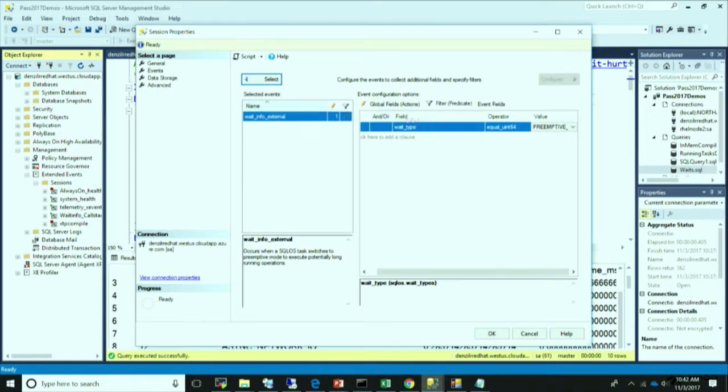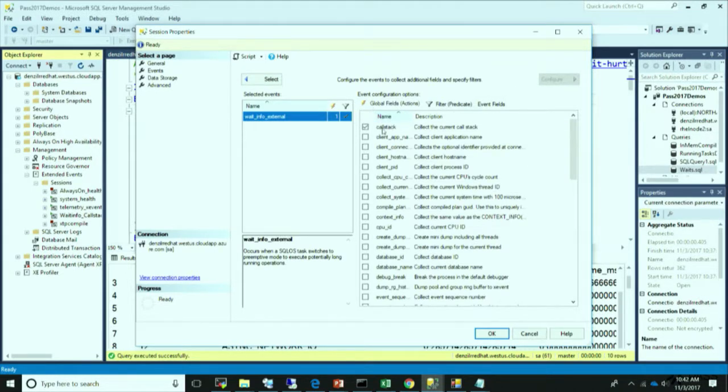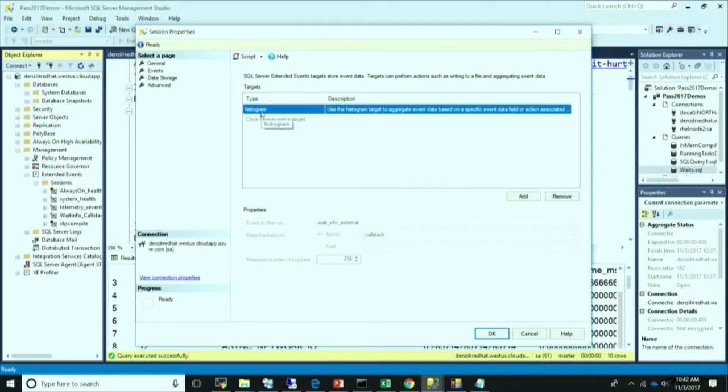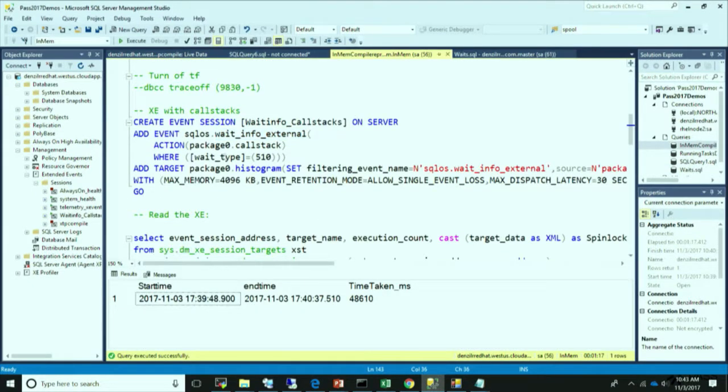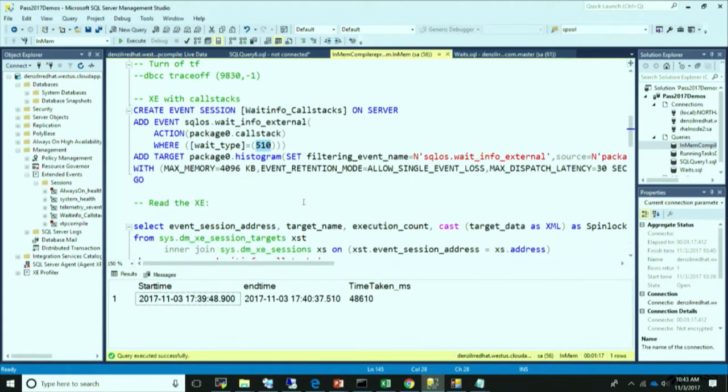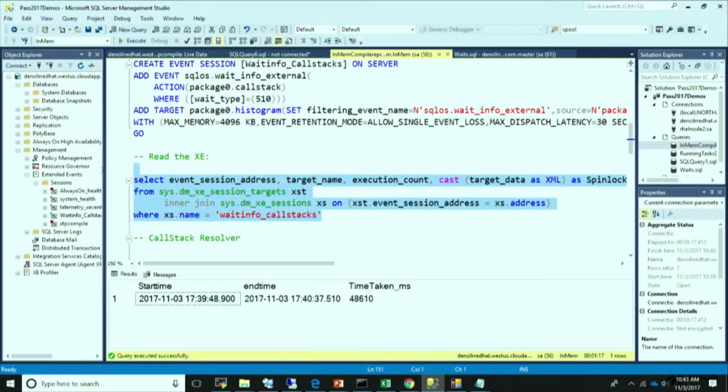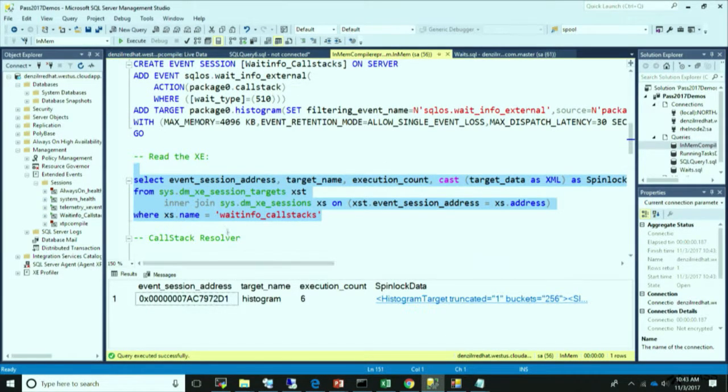One more thing I forgot to mention: in the global fields, I've collected call stack. So for every wait occurring, it's going to collect a call stack on that wait. And I created a histogram target, and then I bucketize it based on that call stack. So for every unique code path hit, I'll get the top code paths contributing to this wait. That's my extended event effectively, and the wait type is just converted to a number, but effectively that's really it. So what I can do is get those call stacks of my top waits,